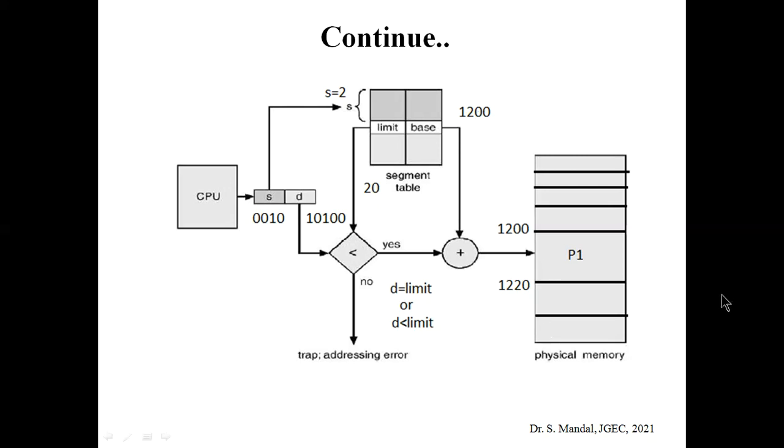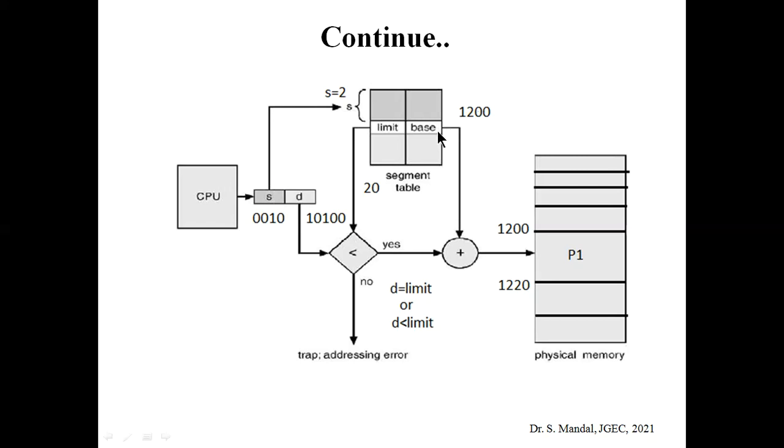Here you don't actually use the term frame, because the length of the physical memory is varied, whereas in the case of frames we divide the physical memory into equal memory locations of equal size. That's why we use the term frame. Here we use the term main memory, physical memory or RAM. Whenever the CPU generates this logical address, we need to convert it into the physical address.